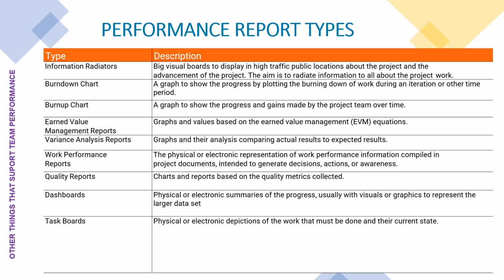Literally the same, just one is going the opposite way. A very good way to understand the burn down chart is pretty simple. If you are someone who loves to run and you run for an hour every day, at the beginning of the race you have 5 kilometers to go for an hour. So at the beginning of the day, before you start the race, the kilometer sign will be on 5 kilometers.